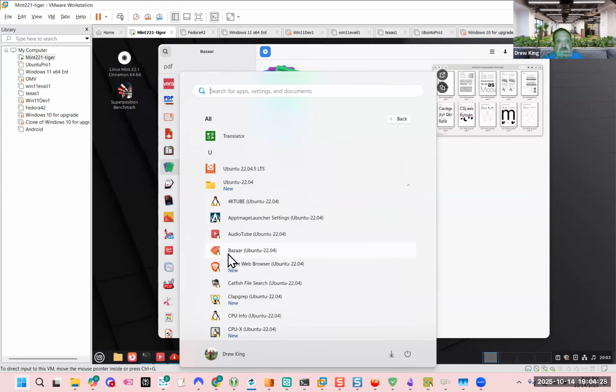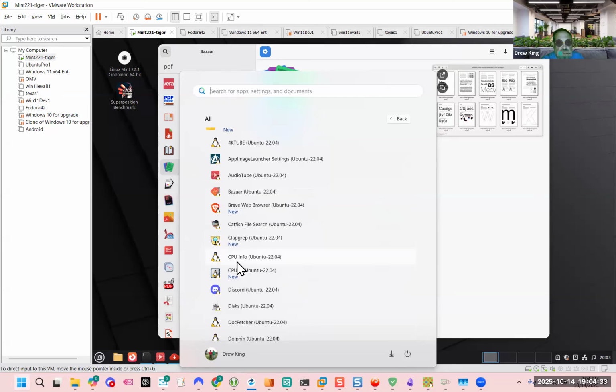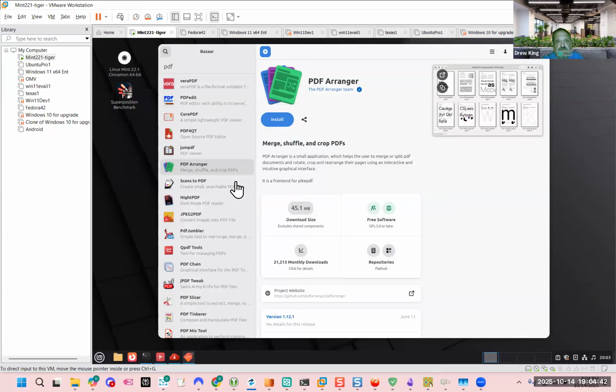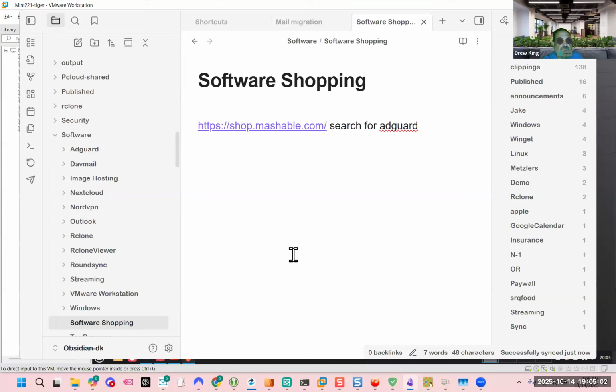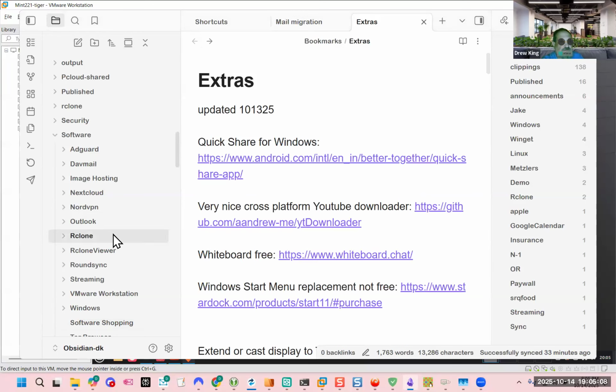And here is a, where did I put it? It's down under PDF. PDF Arranger is right here. So if I click on that, it should run the Windows version. Well, it's the Linux version running on Windows. If it comes up, come on. Let me go down to